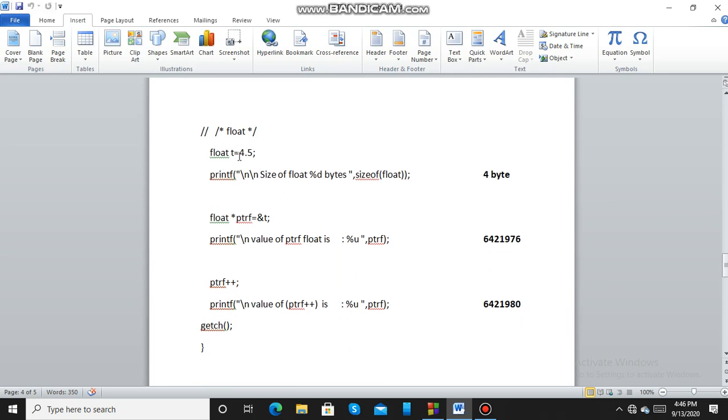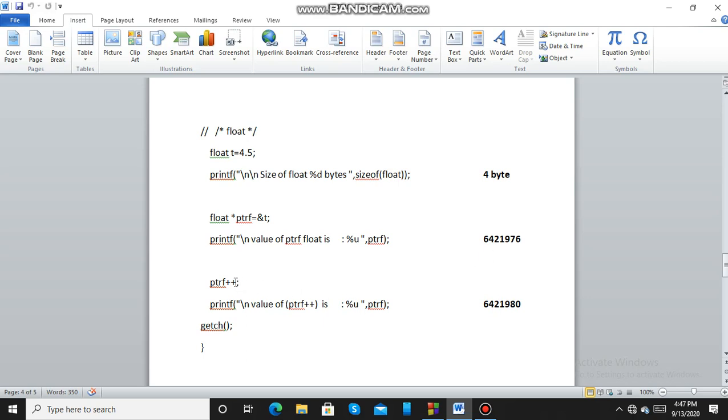Now float pointer. Here I am declaring a variable t as float. I am declaring a pointer ptrf and assigning the address of t to that pointer. That pointer is of float data type. Printing the current value of the pointer, that is 6421976.